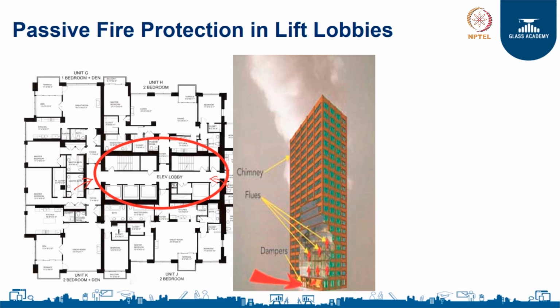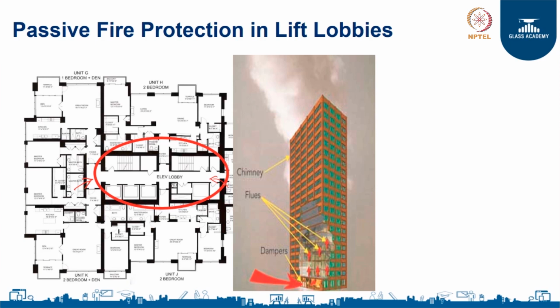Now, let us imagine a typical scenario. A lift is always used in buildings which have multiple floors, so obviously the building is going to be a tall building. If not a high riser, it is still going to be a tall building, at least 4 or 5 floors. Now, if there is a lift lobby with no doors separating the main area of occupancy from the lobby, and God forbid a fire happens in any one of the areas of occupancy, there is a huge risk of the fire coming into the lift lobby, getting into the lift shaft and going all across the building. Like you see in the image on the right, the whole building acts like a chimney, and the fire can spread through the lift shaft across all the floors.